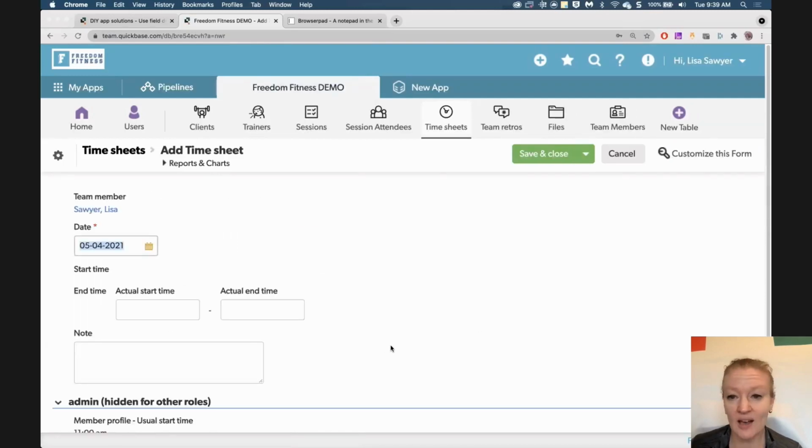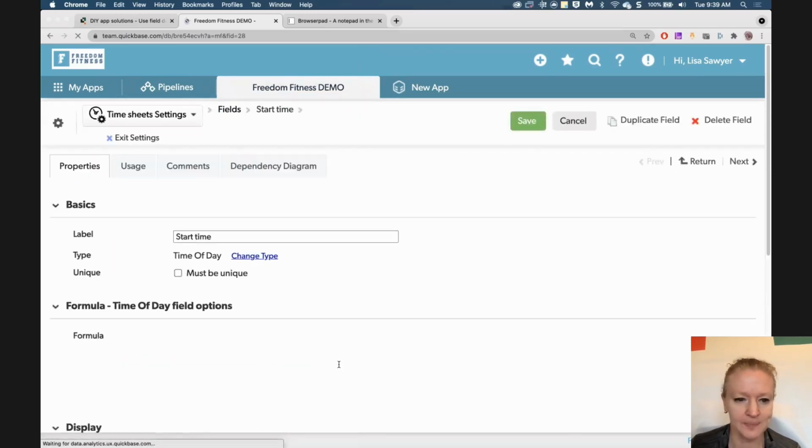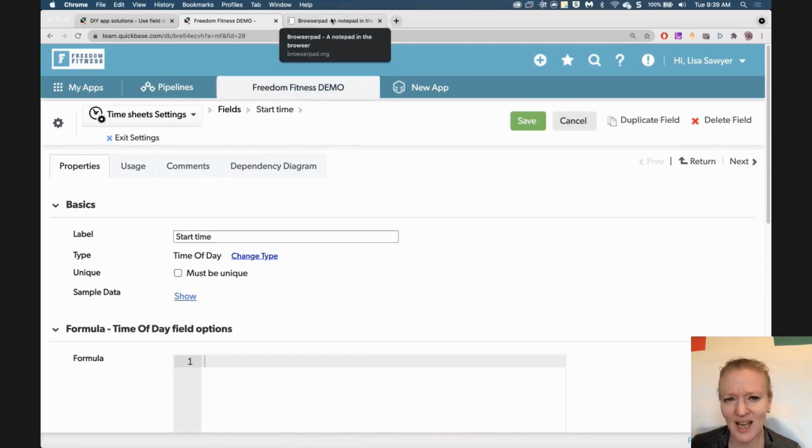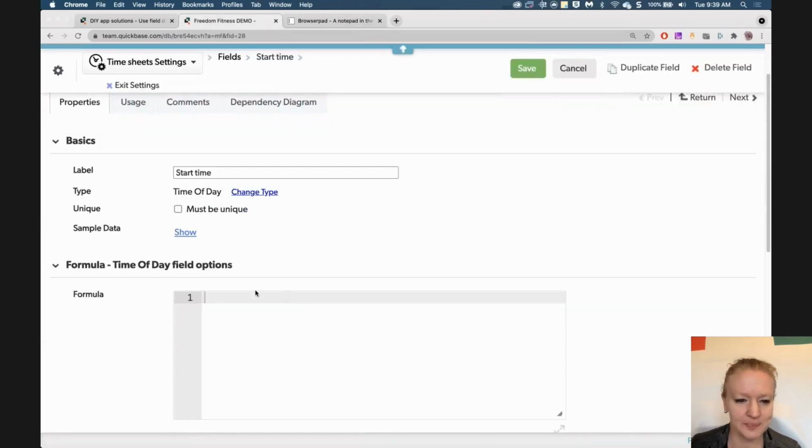Okay, so now we have our two fields, but we don't have the formulas in there. So how do we do that? If we jump back into the field properties, that's where you add the formulas for fields. So if you click into the start time, I actually have this in a little notepad, and don't worry, I'll tell you exactly what these are doing. So if I go back here,